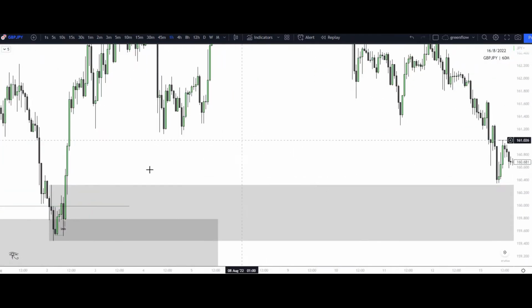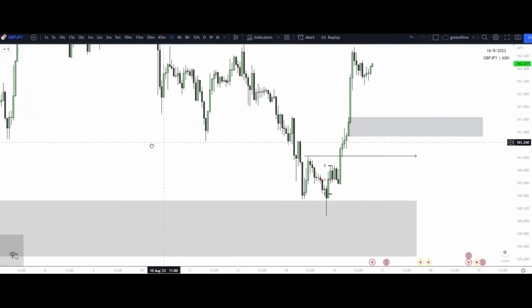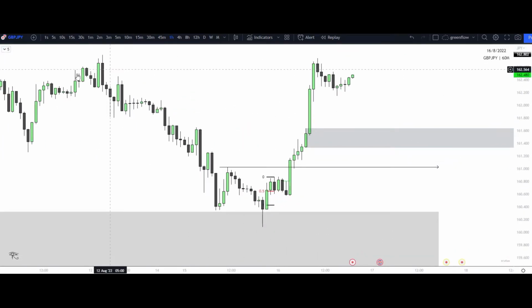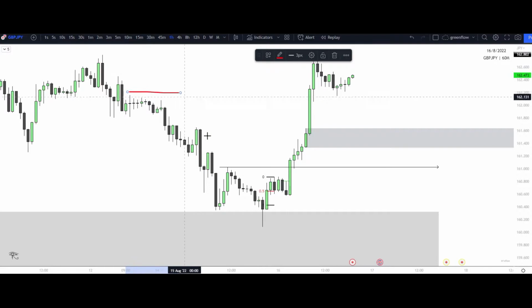So as we are coming down into these areas of demand that caused this new high, what do we want to see? We want to see that slow movement to the downside, that lethargic movement to the downside to show us price wants to continue to the downside, as well as the manipulation of lows. So what are we seeing? Lows manipulated, lows manipulated, lows manipulated. What is it leaving behind? Highs, equal highs, relative equal highs.